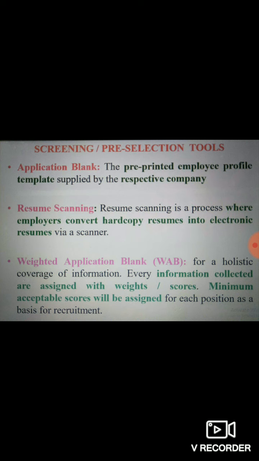With reference to all these aspects, there will be divisions working under the HR department, isn't it?